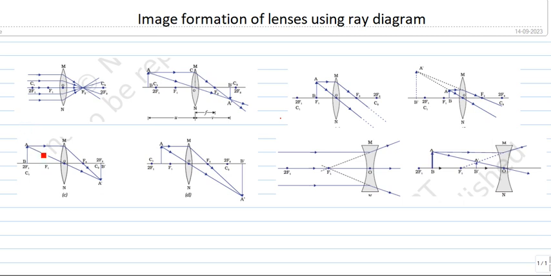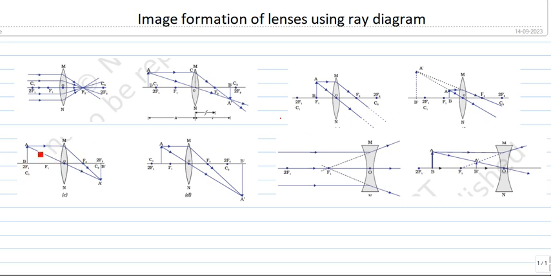What do we have beyond 2F1? F1 is the principal focus. What we see here is 2F1, which is the center of curvature C1, on the left side of the lens. So when you place an object beyond this point C1, the image which is formed is between F2 and 2F2, which is between F2 and C2. Yes. So now the next position is at